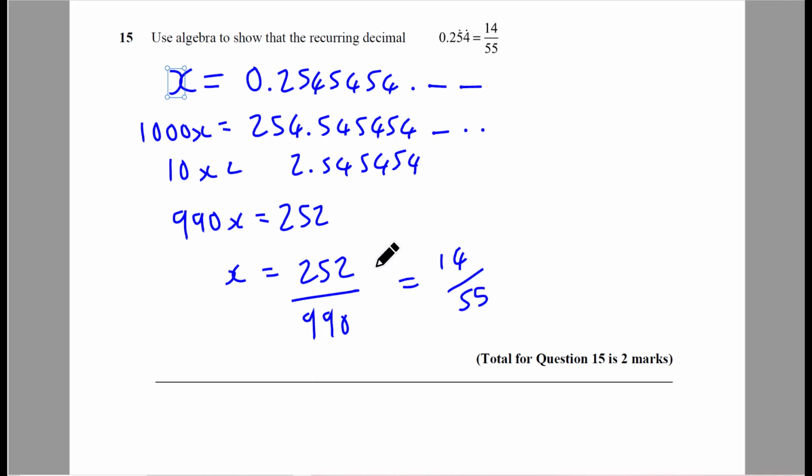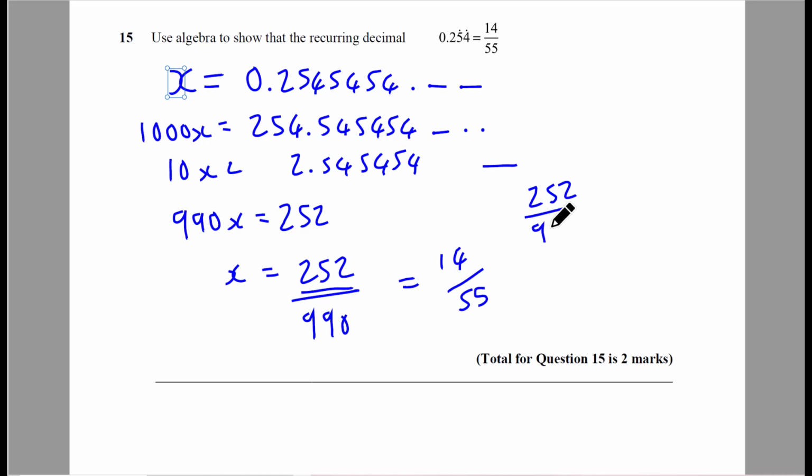Because you can divide that by... 15 times 15 is 225. So you could probably divide that by, let's try to work that out. Yeah, it's going to be 18. But you should get that mark anyway for just doing that. But 2 add 5 add 2 is 9. So we know these are both divisible by 9. So if you just want to do this,